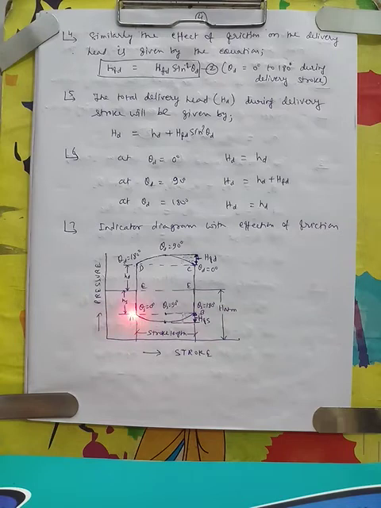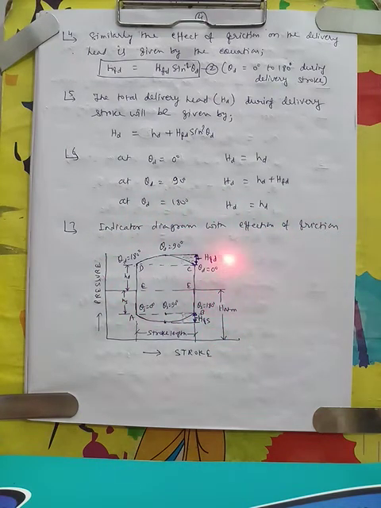So we are getting this indicator diagram A to B along this curve, B to C along this line, and C to D along this curve. But the ideal indicator diagram A, B, C, D is a rectangular shape, what we saw initially on the first page. So this is the indicator diagram with the effect of friction.